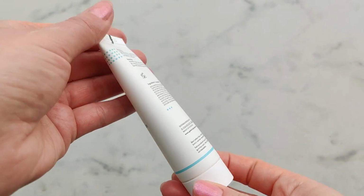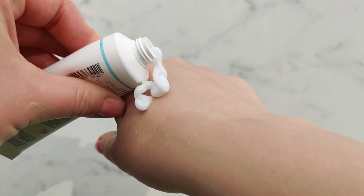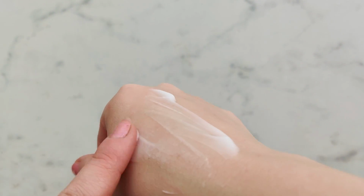Very interestingly here, there is no fatty alcohol, there are no fatty emollients, and there are no silicones. The reason why they decided to do this, I mean, they have a barrier care cream which contains them. It's not because they are bad, but because they wanted to give you two options. So this is a gel, a very light type of moisturizer, while the other one is a little bit richer. Especially if you have oily acne skin, fungal acne, it's very difficult to find a moisturizer. You still need one. I personally use it during the day underneath my SPF because my skin is quite dry,